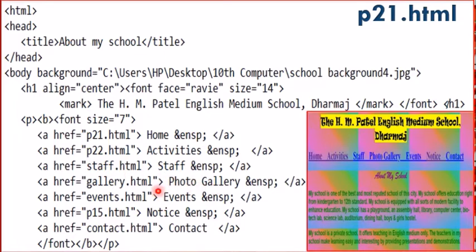When photo gallery is clicked, gallery.html is executed. When the events link is clicked, events.html is executed. When the notice link is clicked, p15.html is executed. And finally, when the user clicks the contact link, contact.html will be executed. These links are created in bold and font size is 7. Here, please note that ampersand ENSP is used to leave 2 spaces in between the links.